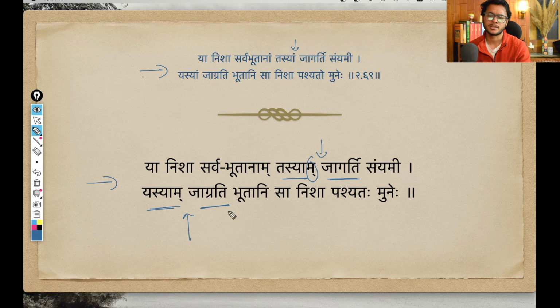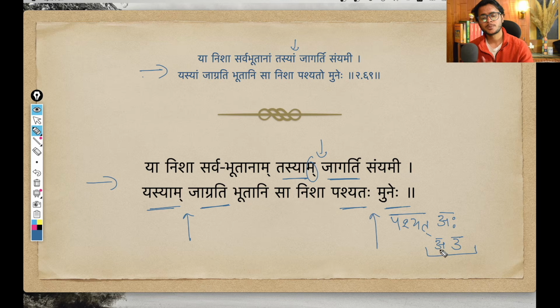And then you can spot a Sandhi between Pashyatah and Munehe. What Sandhi is this? So this is the Uttva Sandhi. So the Visarga of this Pashyatah first changes into Ukara, hence the name Uttva Sandhi. But as soon as it changes into Ukara, it combines with the preceding A and they both change into O due to Guna Sandhi. So to simplify this rule, we just say it is a Uttva Sandhi, but it is like a two-step process.